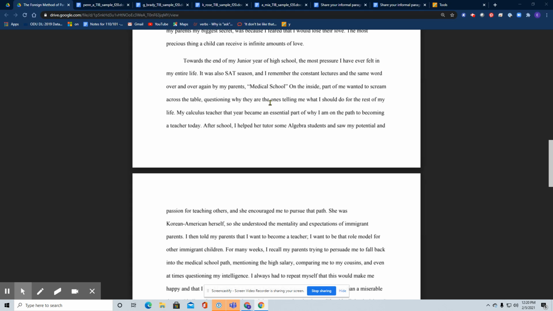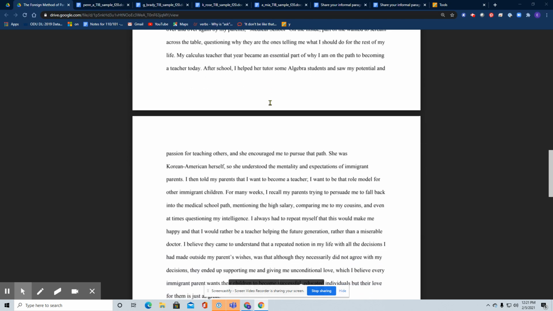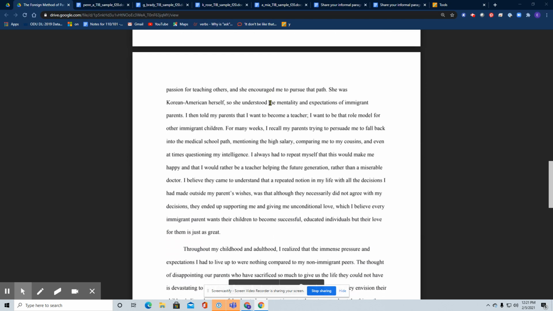So one of the things when you develop your essay that you're going to want to do is come up with several different instances that support the main idea that you're going to develop. And you can do those as stories from your own past in different paragraphs like you see happening here.